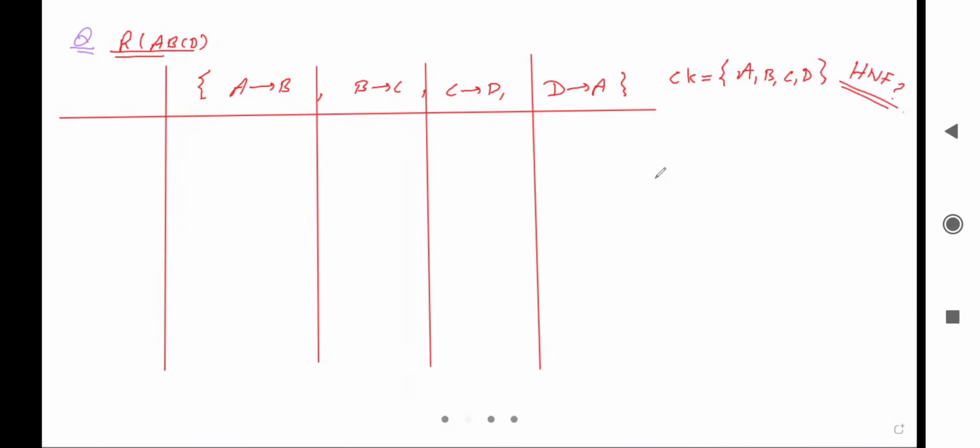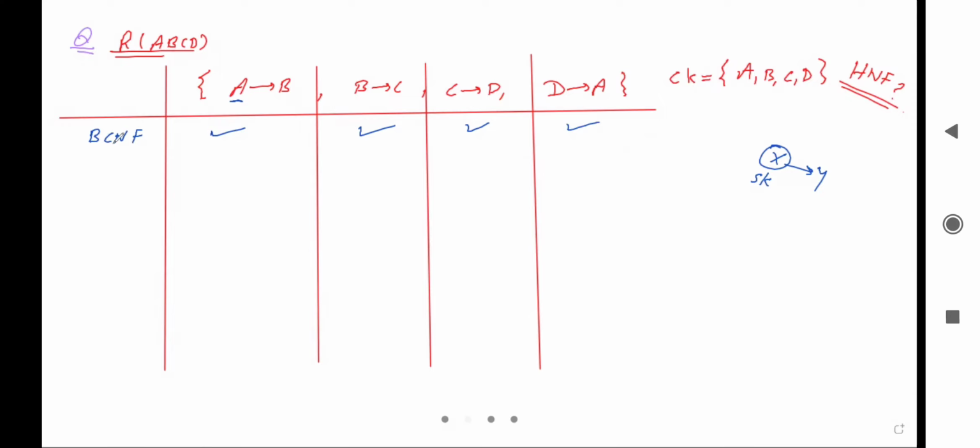Okay. So whenever we find out the highest normal form, we start with the highest normal form, like BCNF. We'll check for BCNF firstly. BCNF means if X goes to Y is the functional dependency, then X must be a super key. So here, is A a super key or not? Yes, A is a super key, so this is a valid case. What about B? B is also a super key, valid case. C is also a super key, valid case, and D is also a super key. It means valid case, means it is in BCNF, right?